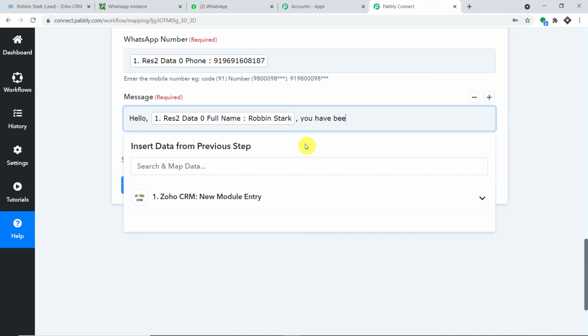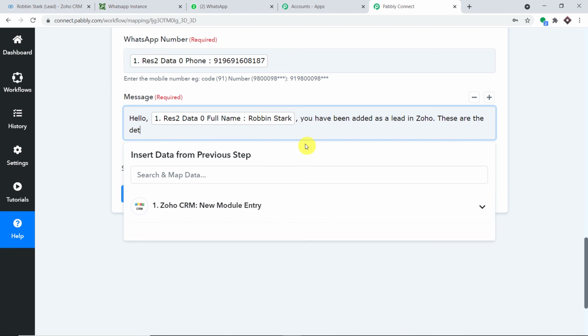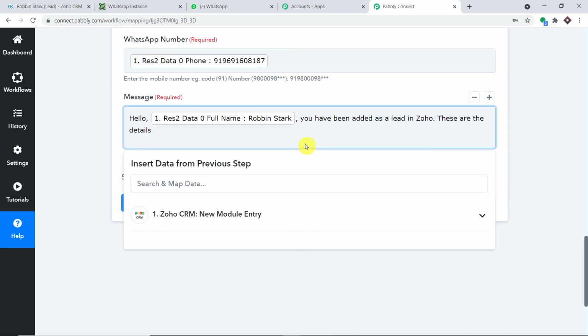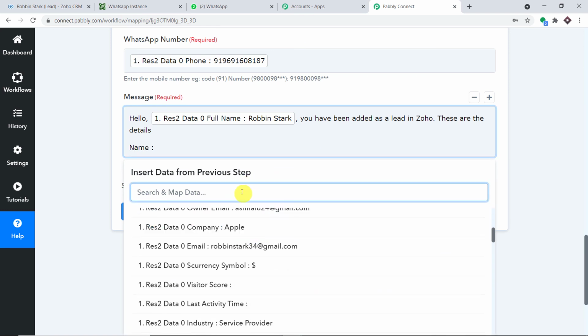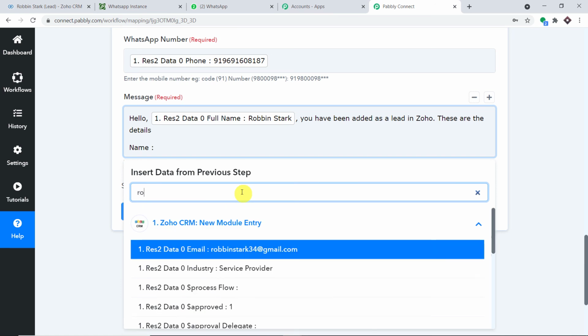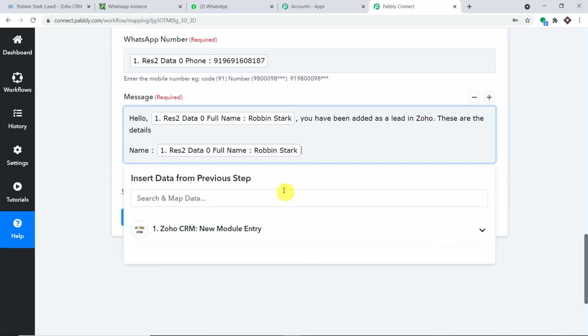You have been added as data or as a lead in Zoho. These are the details. And after that, let's enter the name once again, colon. We have the name. Okay, so let me just directly search it. It will be much better. So the name is Robin Stark.